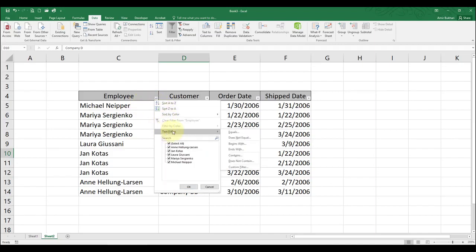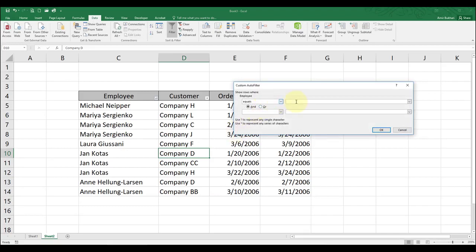Then this one here we have text filters. Now you can use this one, let's say equals. Now here you need to have the exact value that you have here. So it says show rows where employee equals, let's say, Jan Kotas.